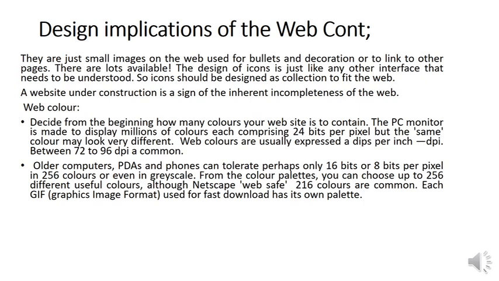Web colors are usually expressed in dots per inch. Other computers, PDAs and phones can tolerate perhaps only 16-bit or 8-bit per pixel. From the color palette, you can choose up to 256 different useful colors, although Netscape WebSafe,